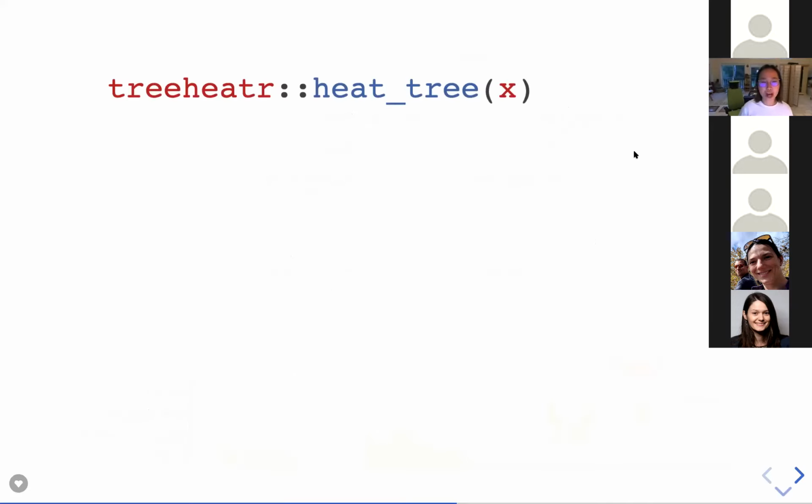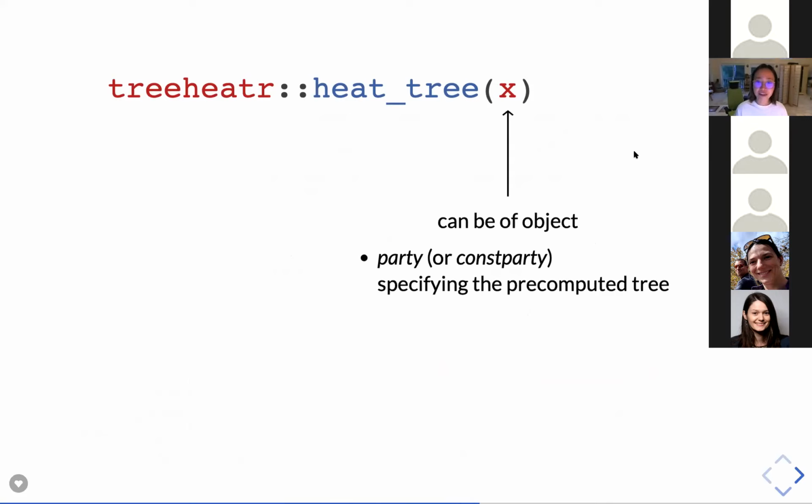Okay, so how do you use treeheatr? I'm going to show you in a little bit how easy it is. But just real quick, the core function of treeheatr is called heattree. It actually has an alias that's also called treeheatr, but I find that a little bit confusing, so let's just stick with heattree. The main argument of heattree can be either a party object. What that means is that you pre-compute the tree using either PartyKit, like I mentioned earlier, or you can use rpart to compute these trees and then convert them to a party object using as.party,